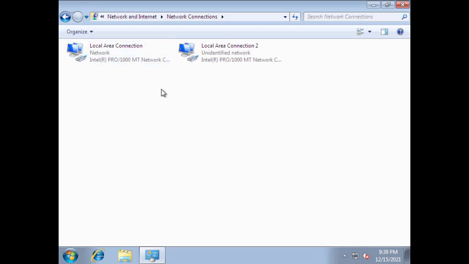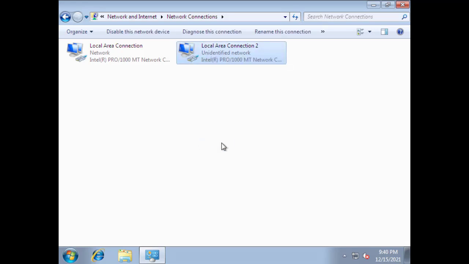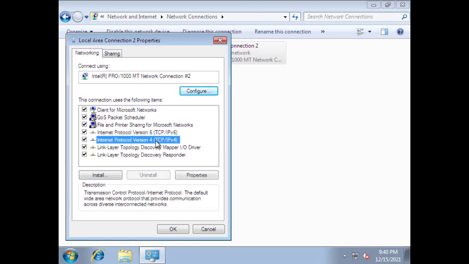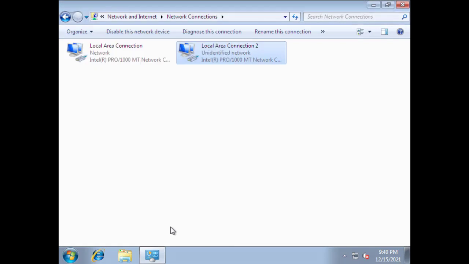As you can see, now I have two network adapters. The second one is which I added earlier in this demonstration. So I right click on that, properties, and I assign this adapter a static IP address. For example, I assign 10.0.0.1 and click OK. So basically this LAN card is connected to another virtual switch which I created, which is called VM1.